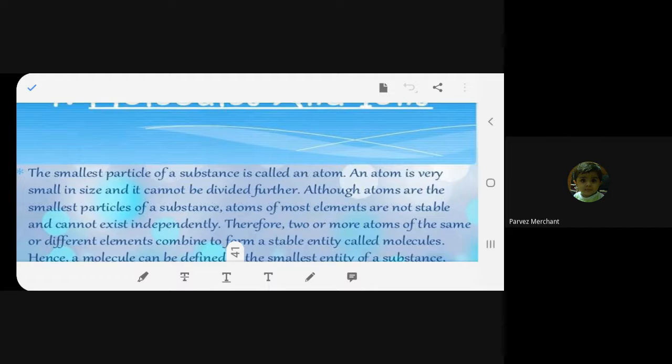What you understood from this para? That's why I stopped you, because this is one meaning. The next meaning will come when we begin the next portion of the para. Ma'am, in this I understand that there is a small particle called an atom. It is very small in size, and we cannot divide it further. Now don't read the same thing, beta. We cannot divide it into two parts, two equal parts, many parts. It can be innumerable parts. Yes, exactly.